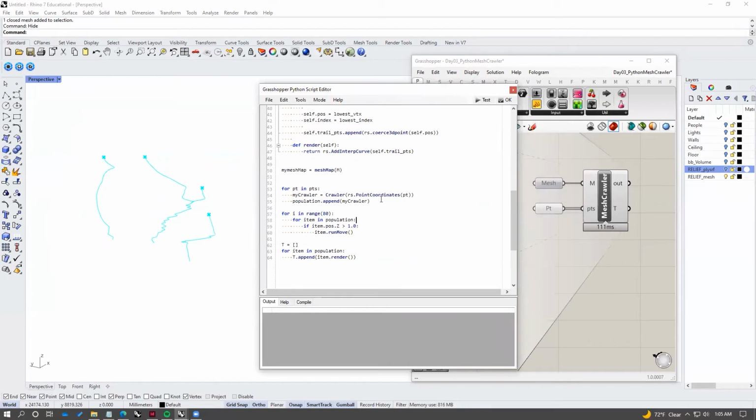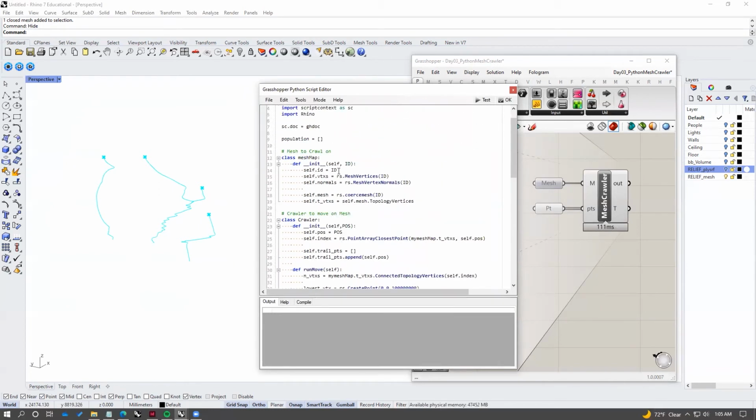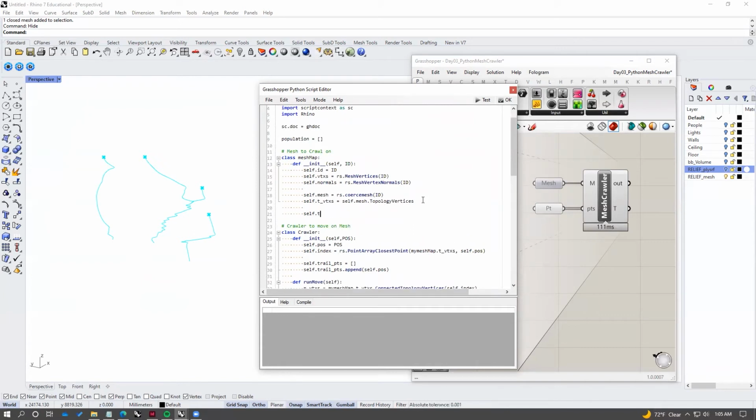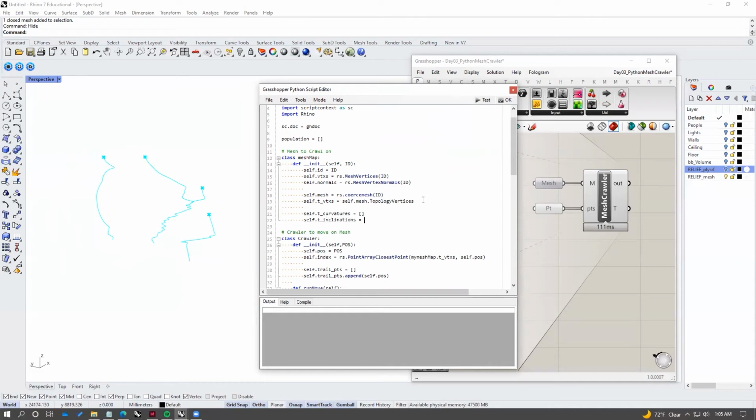So the first thing we can look at is actually updating our mesh map function. And what we're going to do is add a couple geometric property evaluation functions. So the first of these is going to be self.curvatures, but this is going to be curvatures based on the topology vertex list. So we're going to just say t curvatures for topology curvatures. And we can set this equal to a blank list. Then we can also do t underscore inclinations, set this equal to a blank list as well. And then we just need to create functions to actually get those properties. So def